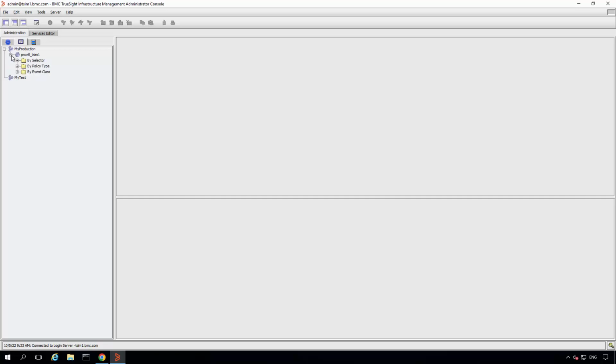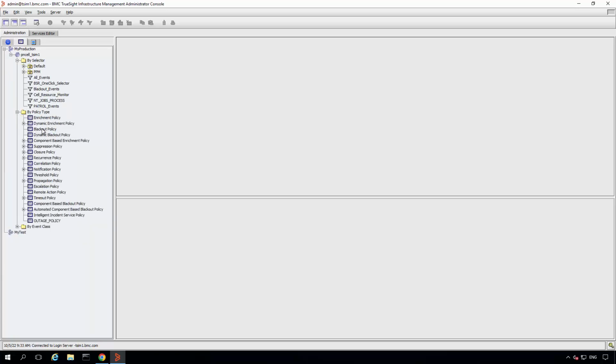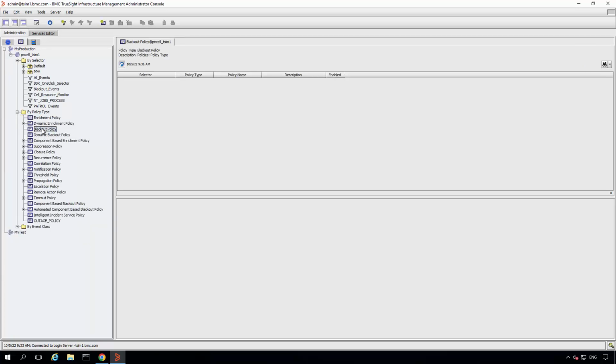We expand that, we can see folders for selector and policy type. Just expand those. So we will create a standard blackout policy here. But before we do that, we will create an appropriate time frame. Now for this type of policy, if no time frame is specified, then that policy will be always active. So to create a time frame, we can either go Tools, Time Frame Editor, or we can click on the